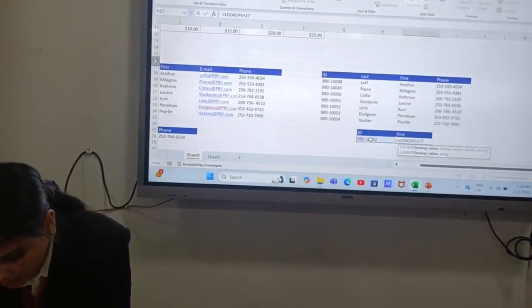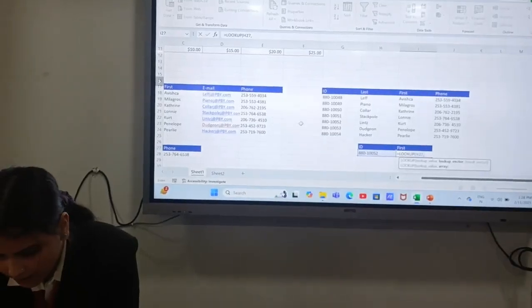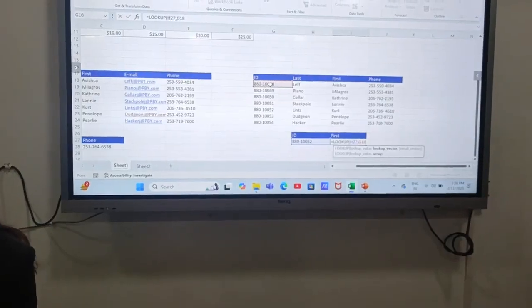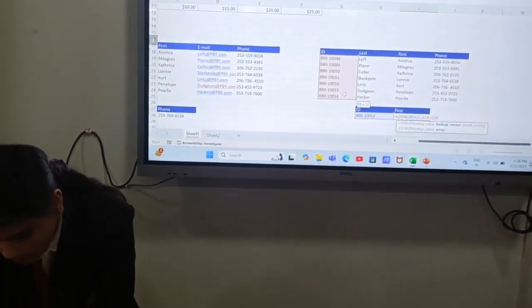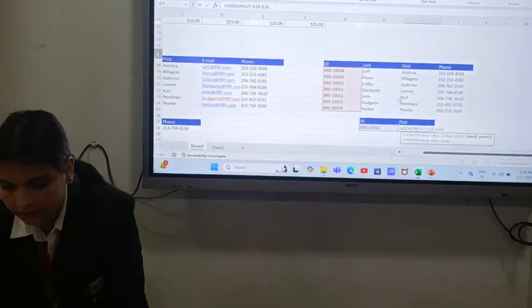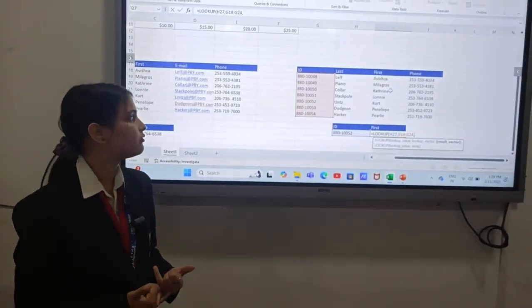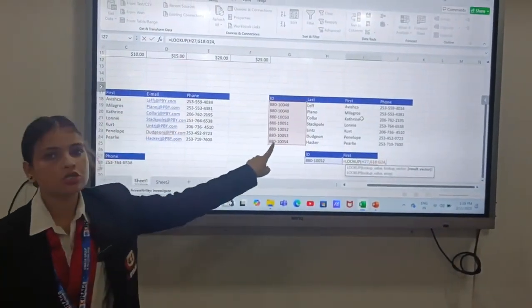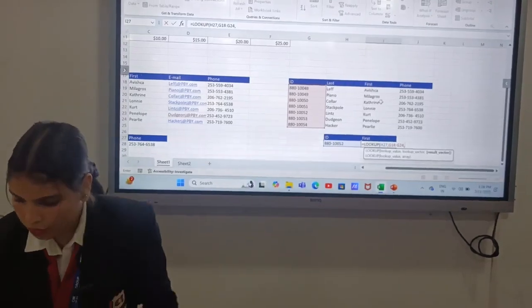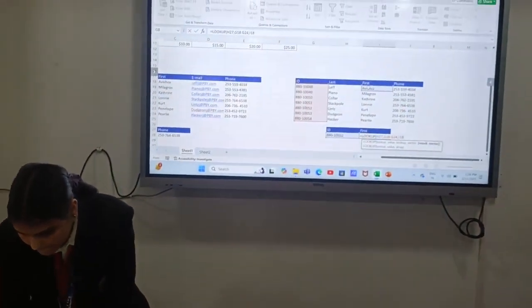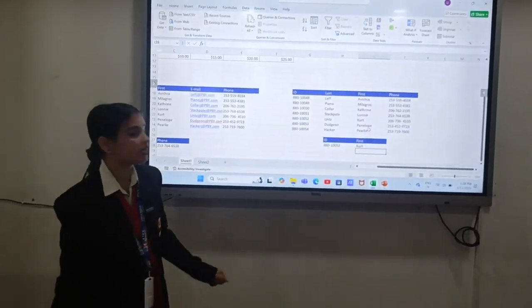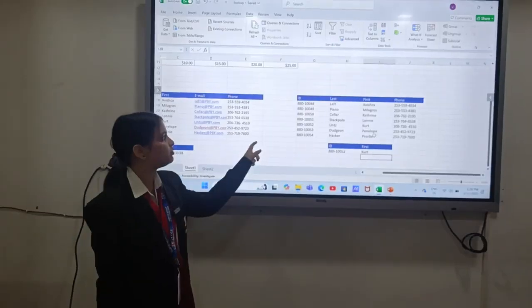So here is our lookup value, comma, and this box is our lookup vector, comma, and because it's asking for first name and this is our first name, this is also our result vector. We have to select this whole range and enter. It gives the name Kurt, so it's absolutely correct.